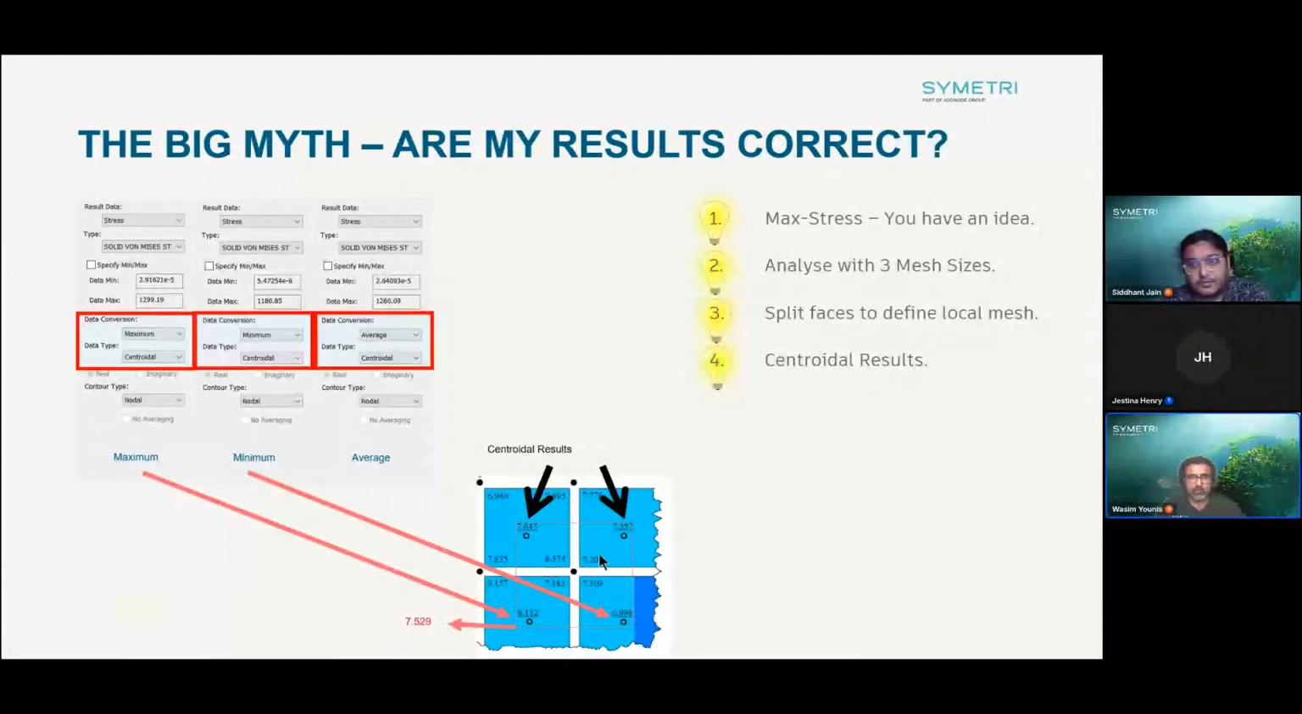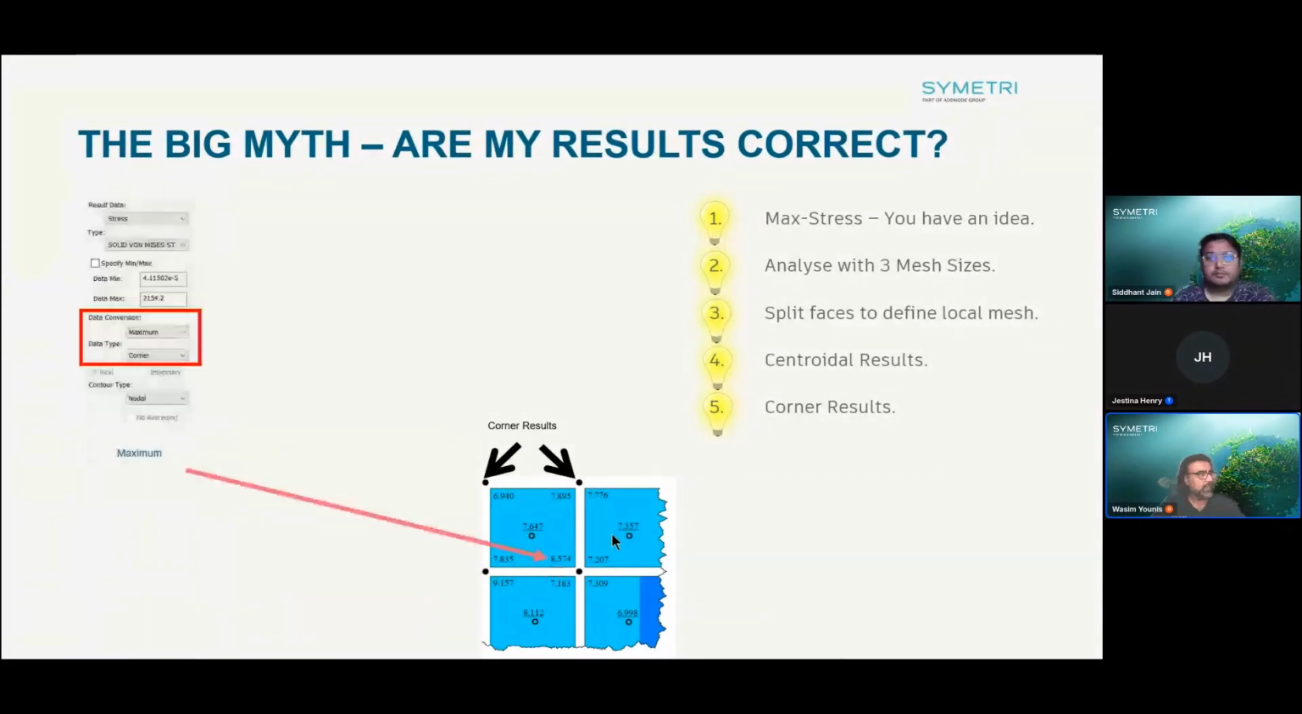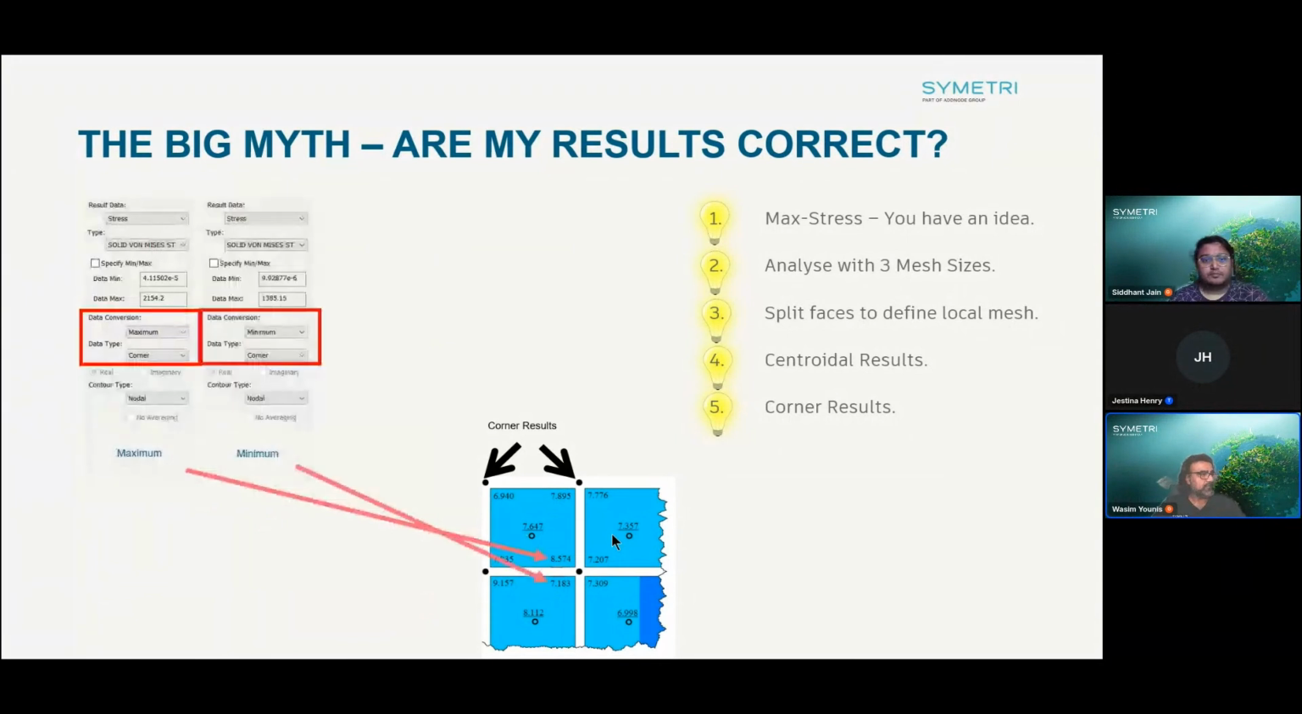Now, the corner ones, same process. The corner ones are looking at the corner results. So this is by default what you see already when you look at your analysis. If you don't change it, that is what you're looking at. Again, the maximum value will pick up the maximum, it'll pick up the minimum, and also it'll pick up the